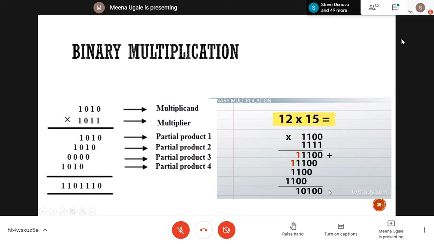So same way you can go for multiplying any two numbers represented in binary format. Whatever is the size of numbers, if it is 5-bit multiplied by 4-bit, you will get 5 partial products, you will add them. So depending on the size of your multiplicand, you are going to get your answers. So likewise you can repeat the steps any number of times and you will get the final answer here.